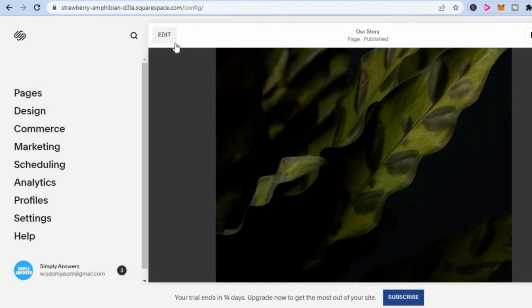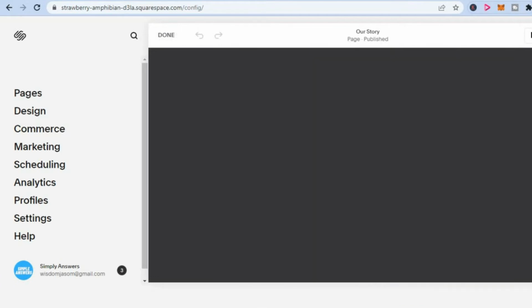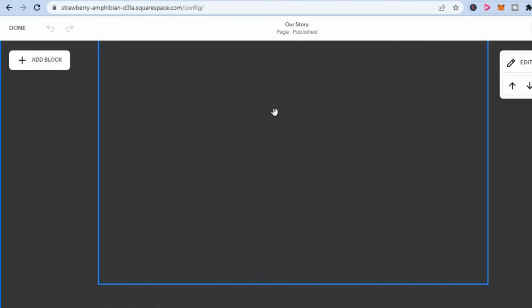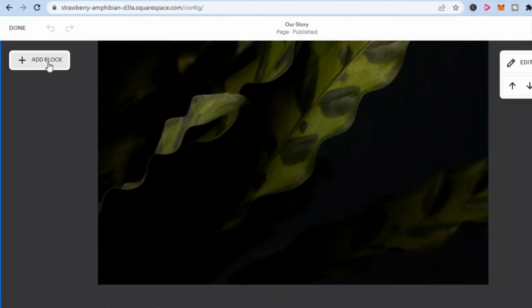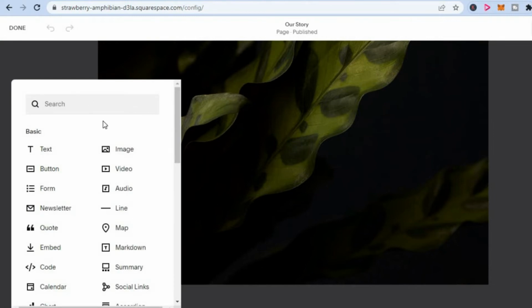The next thing you're going to do is tap on edit in the top left hand corner. After selecting edit, you are going to select the section that you would like to add the block to, and you are going to tap on add block. After selecting add block, you are going to see the option newsletter. You are going to tap on that,